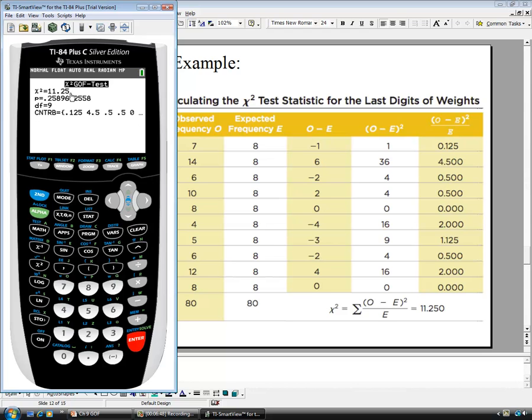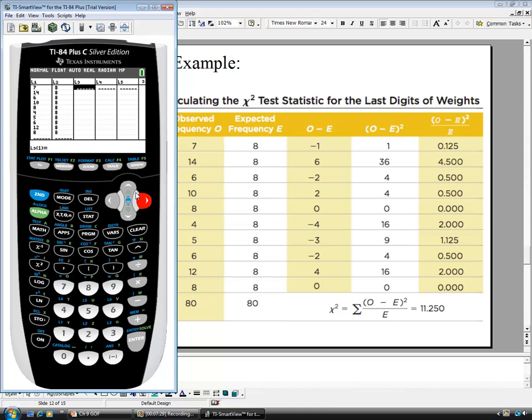So this is our test statistic, the chi-squared, 11.25. As you can see, it's the same as it was here. And this p is your p-value. Now these here are the different values of the category. So you see 0.125 relates to this 0.125, 4.5, 4.5, 0.5, 0.5, and so forth. These are the lists of each of the individual values that contribute to the test statistic. So we've got a p-value of about 0.26. Now let's go to the